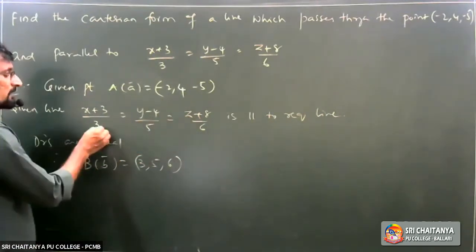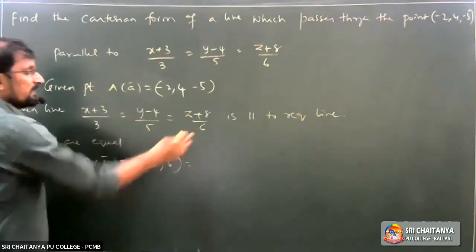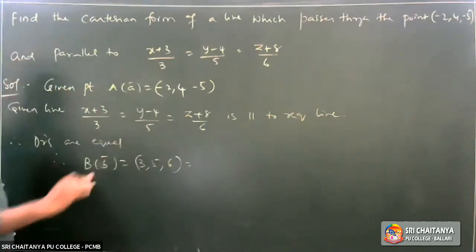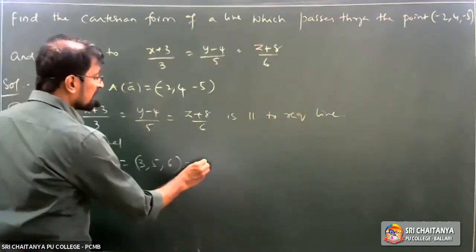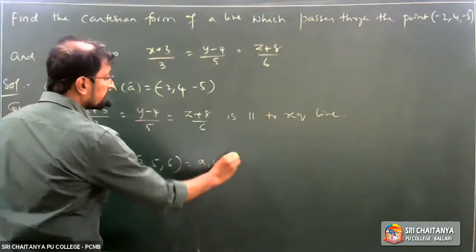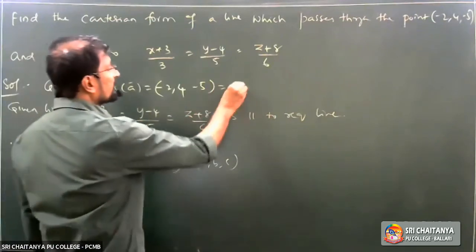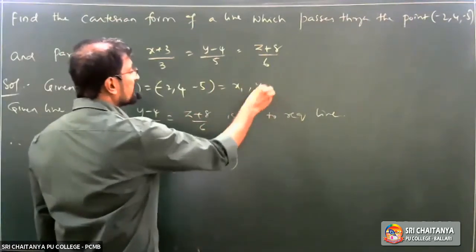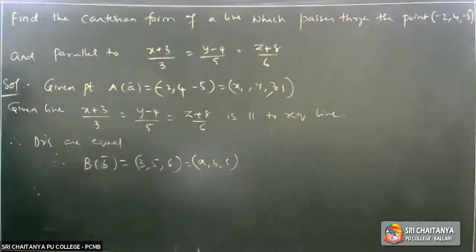A is equal to 3. So the DRs are 3, 5, 6. DRs should be equal. Am I right? So this is nothing but small a, b, c. Therefore, he asked you to find the line through the point x1, y1, z1. This is A, B, C. Required